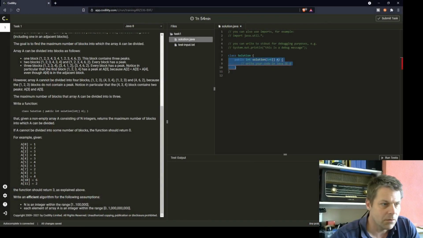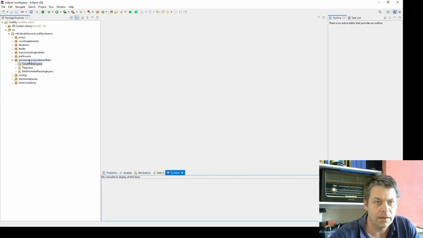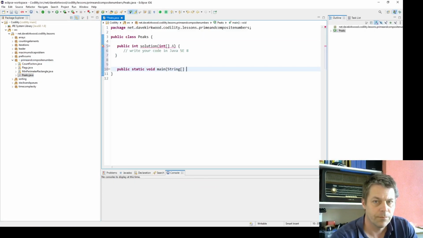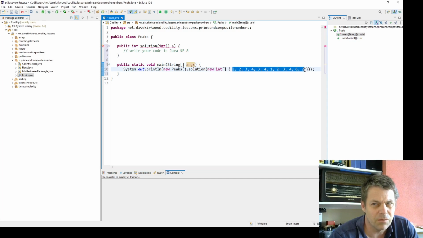Okay, so I'm not sure what I'm going to do, but I'm going to just go for it. So I'll just prepare the class and paste the example in. Okay, so I think the first thing I'm going to do is loop through the whole thing and find the peaks. This is like a combination of two different ones that we've done before. I think in the flags exercise we look for peaks,